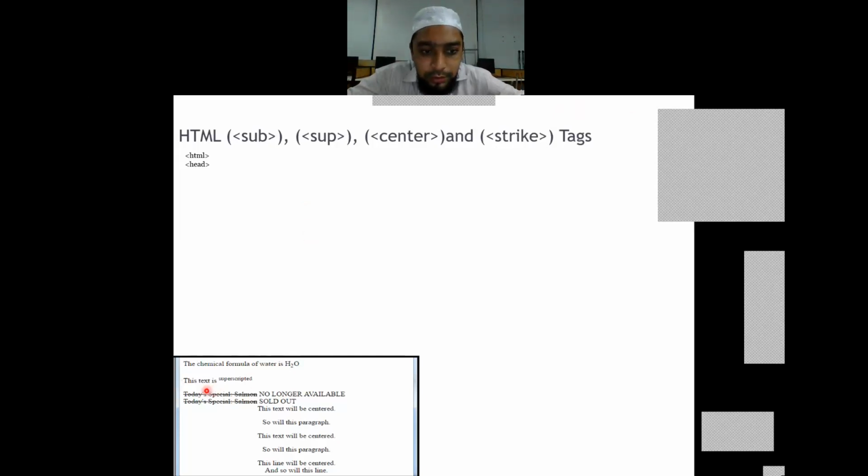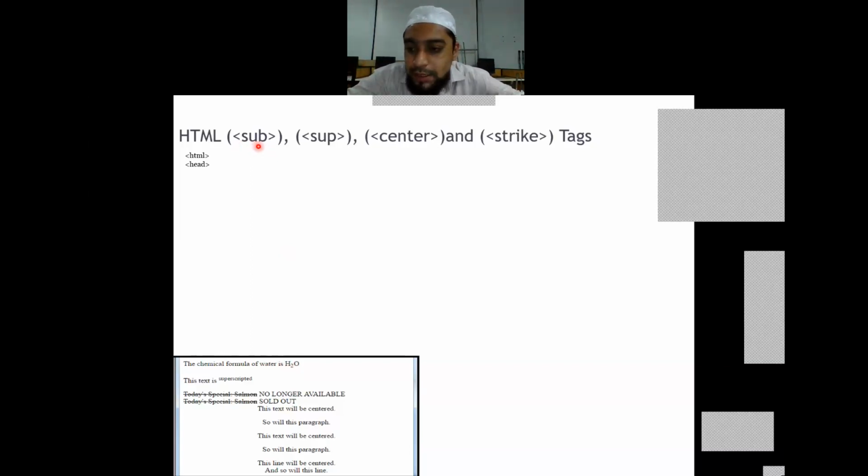If you have a look here in the output, I have written H2O. Normally, if we type any text, this 2 will appear beside H rather than appearing a little downwards. This lowering of the 2 can be done using a subscript tag.